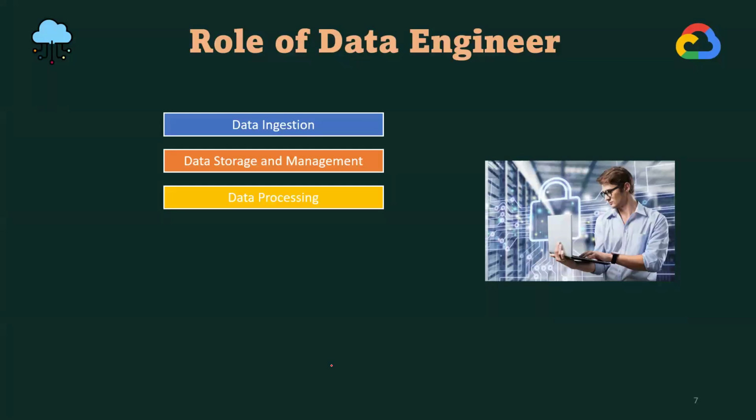Data processing can be done by multiple frameworks. So one data engineer, or two or three data engineers, should focus on the data processing: how to process the data, clean the data, transform the data using Spark or Beam or different frameworks we can use. And similarly, there is data quality and governance. We need to make sure that the data is accurate and complete throughout the process.